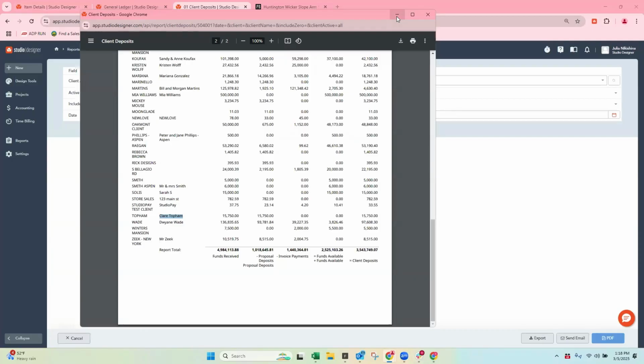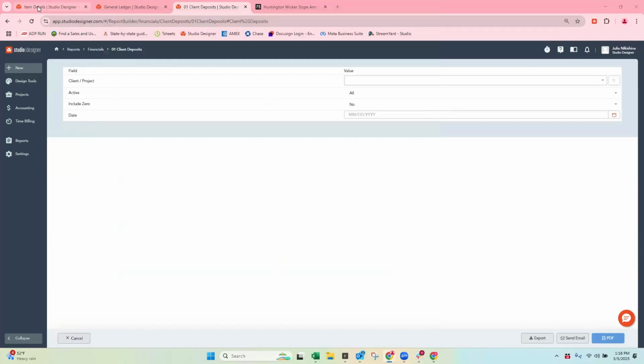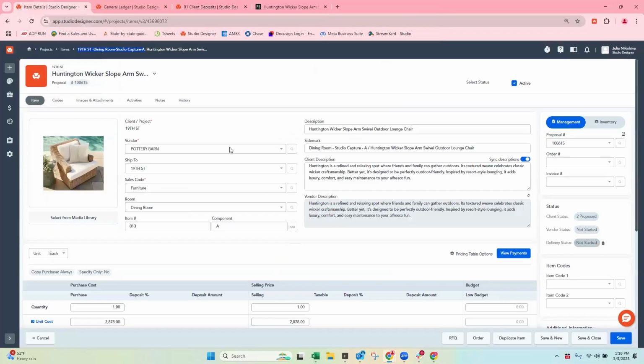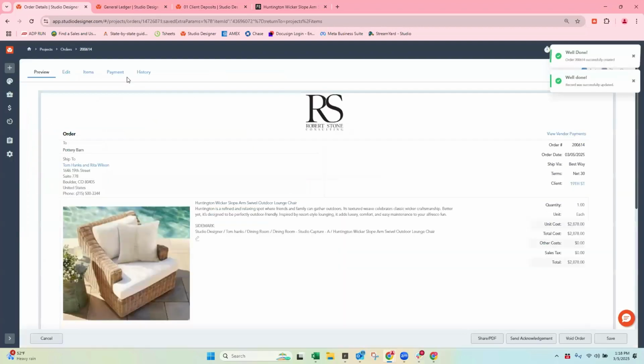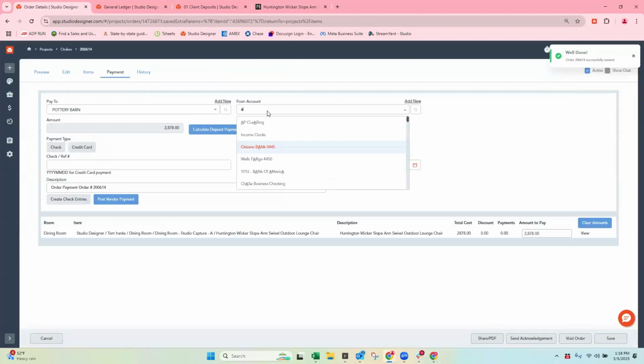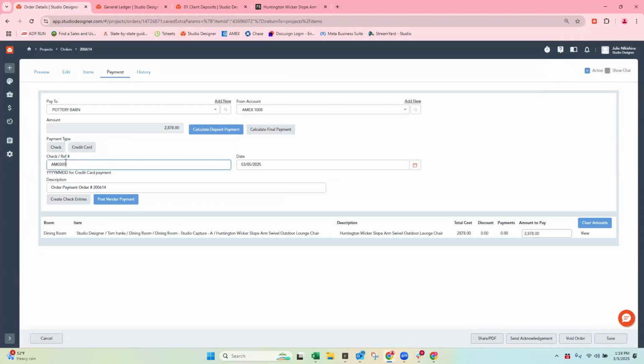But let's actually just take a step back for 1 second. So now we understand, okay, we created a client deposit for Mr. Tom Hanks for this item. And now let's order it. So we're going to put the item on an order, and we're going to pay for it immediately. We're going to go and put it on our American Express. Makes it super easy. Is it a full amount? Yes, we don't have any freight. That's okay. We're assuming it's correct.